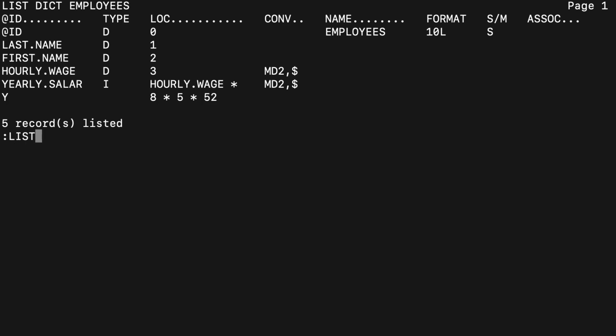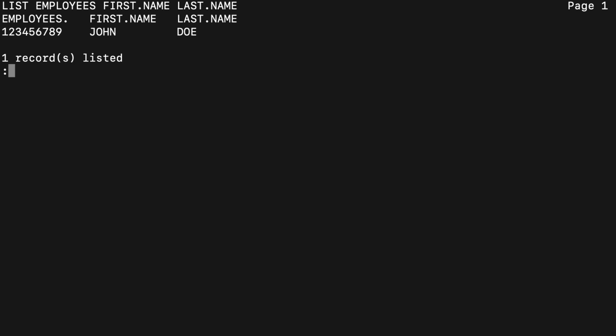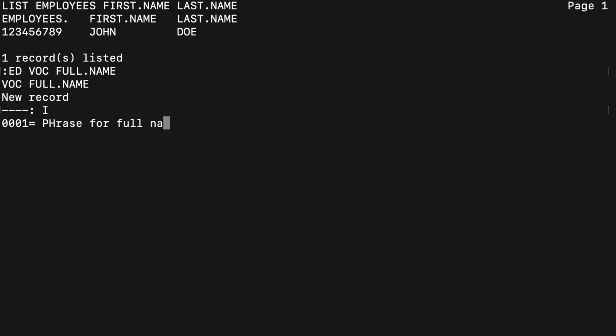So instead of doing list employees first name, last name, for instance, instead of having to type first name, last name all the time, how about we add a new VOC entry, full name, which is just going to map to first name, last name. Let me show you an example of that. So I'm going to go add VOC, full name. Insert mode, let's type that as a phrase for a full name. Like I said before, only the first letters need to be the actual type, and a phrase is a PH type. So the phrase I'm going to do is first name, last name,